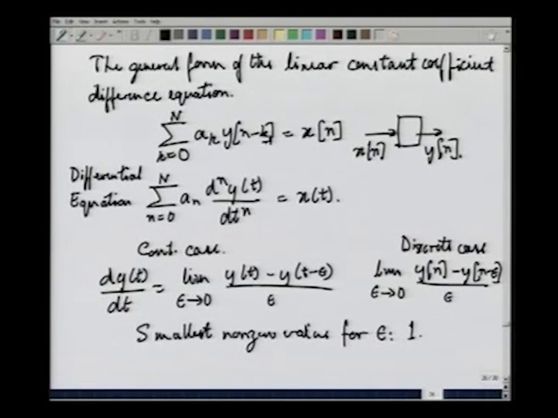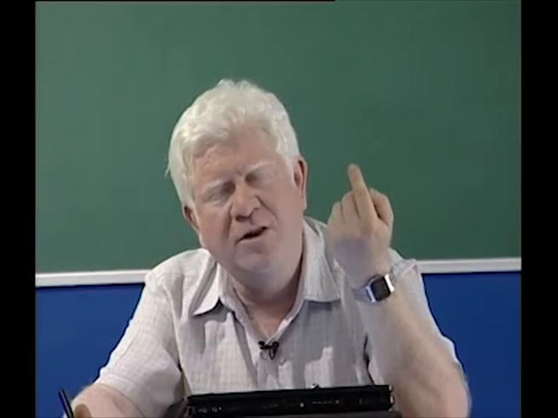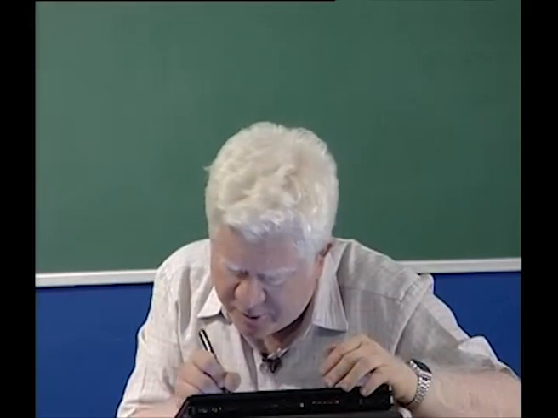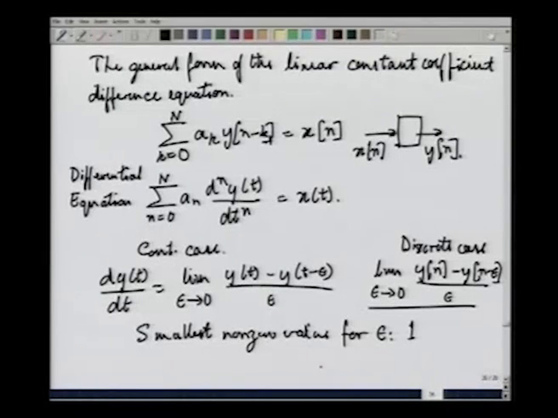One. So, we get, and there is no limit to be taken because there is no continuous variation here. Epsilon is clearly going to be equal to this fixed value called 1. So, this entire expression simply becomes y n minus y n minus 1 divided by 1, so that you just get y n minus y n minus 1. This quantity is what we call, for convenience now, y dash of n.